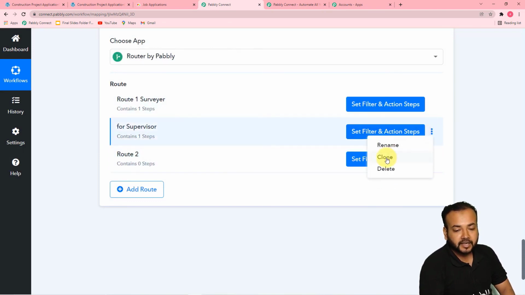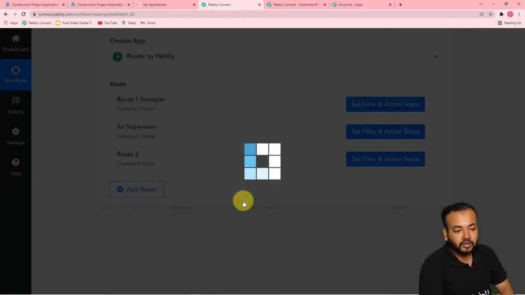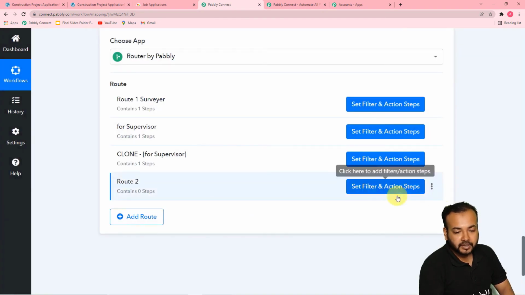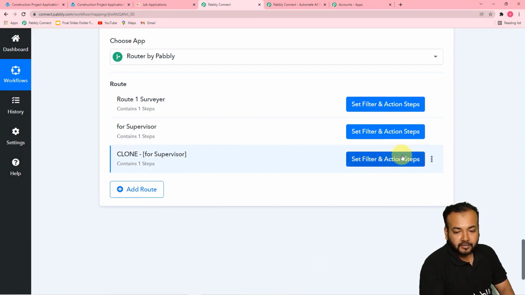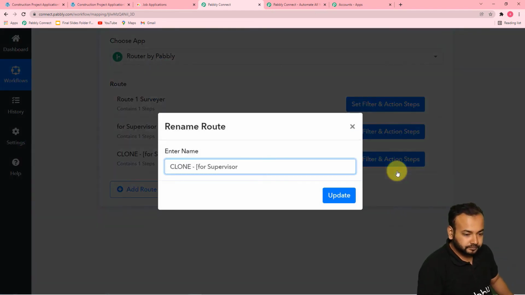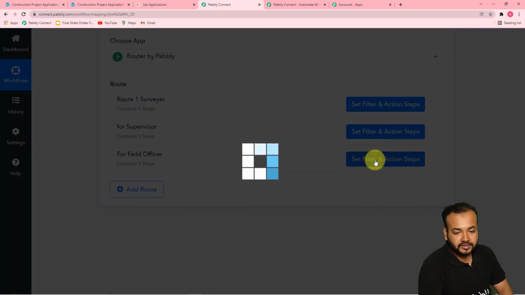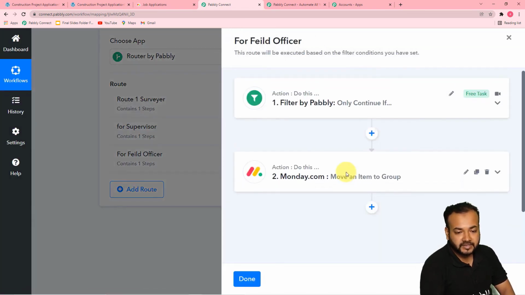clone this step again one more time for the third route for the field officer. Okay, let me delete this route, this is not necessary now. And I am renaming this route for the field officer. Okay, right, now update this route, click on the set filters and actions tab,